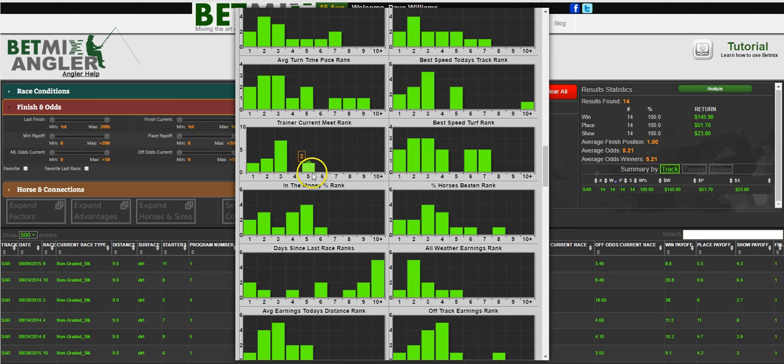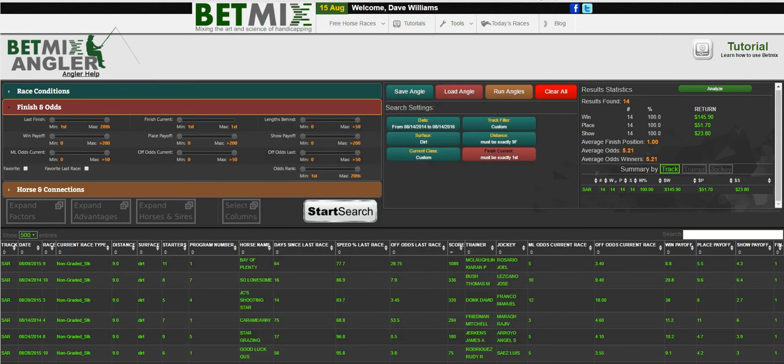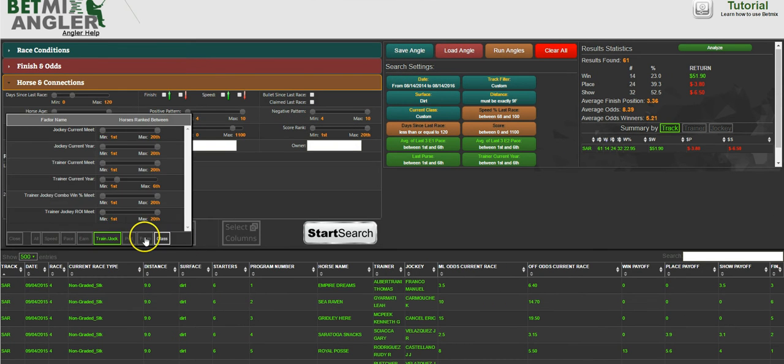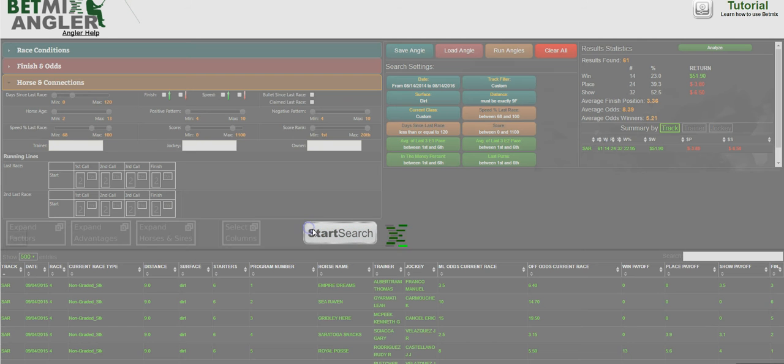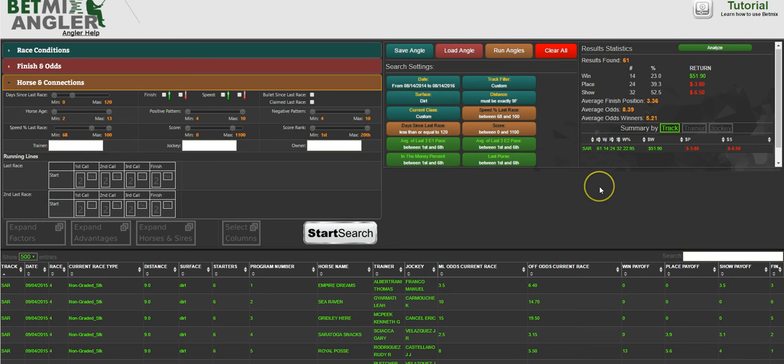Trainer current and meet. Well, in the money percent, top 6. In the money percent, top 6. Didn't help anything. So you go through this process over and over again and start reducing these factors. You'll also, when you have a big sample of races, let's say instead of this small sample of 14 races, you're looking at something that's got several hundred races, it's going to be very okay for you to say,